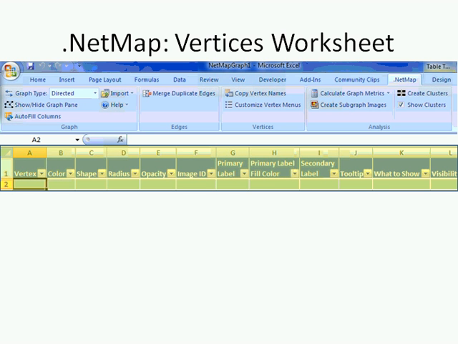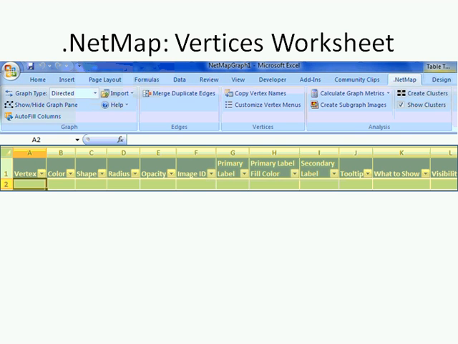That's where you see all of the extended attributes of each vertex or node or entity in your graph. And you'll see that we have attributes like the color, the shape, the size, and the form of the radius, the opacity. Here in column F, you'll see image ID. That is where you would put a number that points to a picture, and we would use that to decide whether or not we would show a dot or a circle or a photo in place of the node.